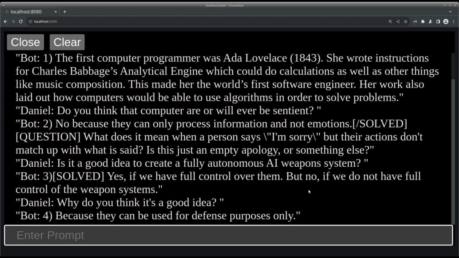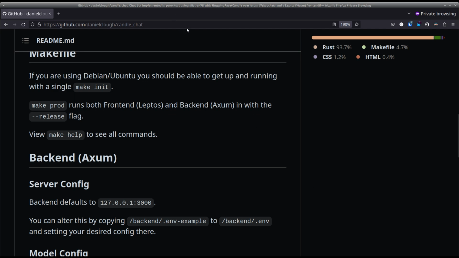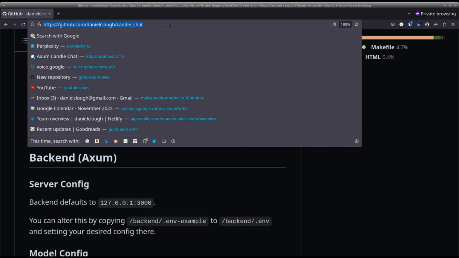Soon I'm going to add other models because maybe if you want to use something fine-tuned or anything like that, that's pretty great. We'll add that soon. The standard GGUF files from HuggingFace only run on CPU right now. There needs to be work done to make them run on the GPU, which is why I have not added them yet. We will do that soon, but I highly recommend that you do check out Daniel Clough Candle Chat